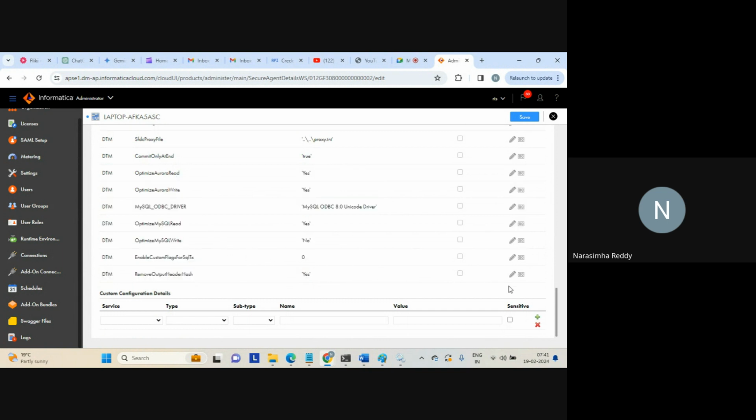So the question: if you want to add your own property, for example, for the data integration server, select, let us say, DTM, then add, let's say, XMX. We use it for the Java virtual machine, and then supply 256 megabytes. Which means you will have a minimum size of heap. If you say XMS, which is the minimum size of a heap, which is 256 megabytes, and the maximum usually you'll have